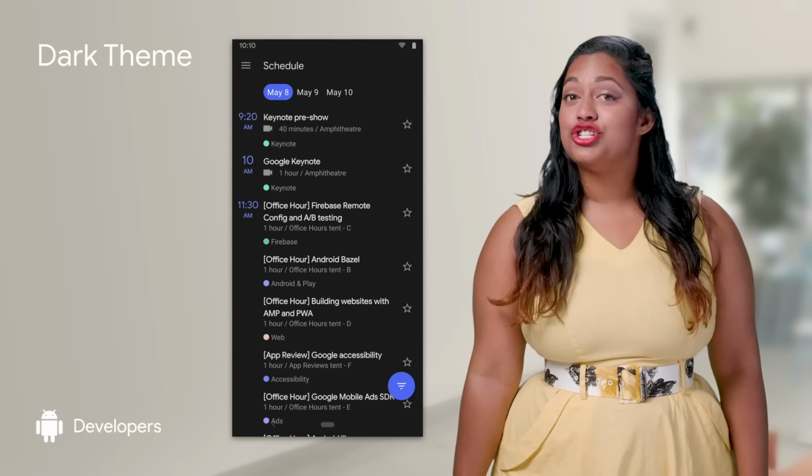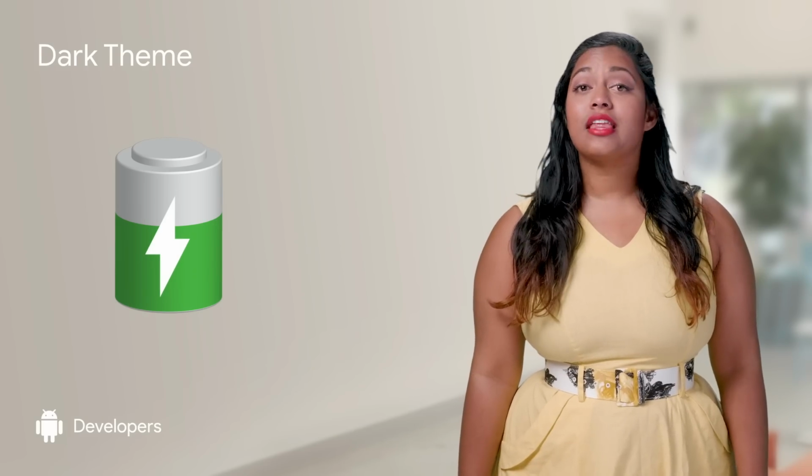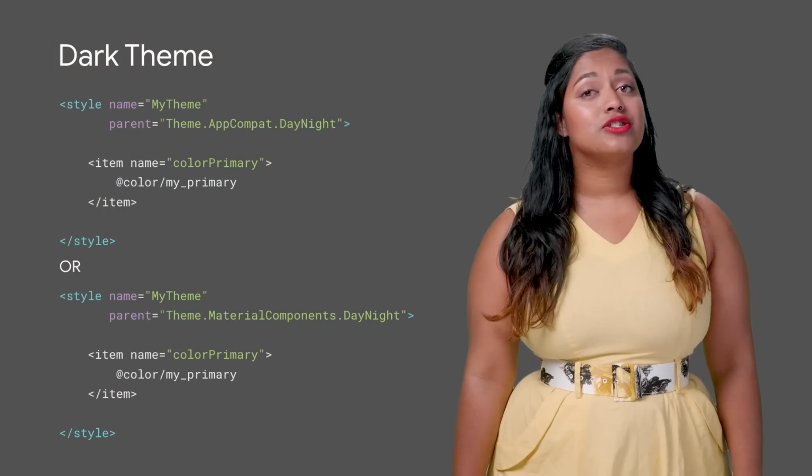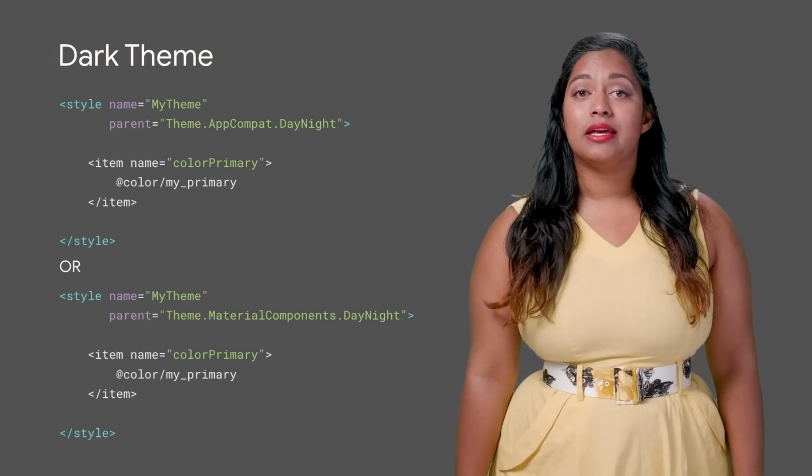Having a dark theme isn't just aesthetic. On some devices, it can extend battery life. Therefore, when users switch to battery saver mode, the dark theme will automatically be used on Pixel and selected OEM devices. To customize your app's dark theme, extend your app theme from